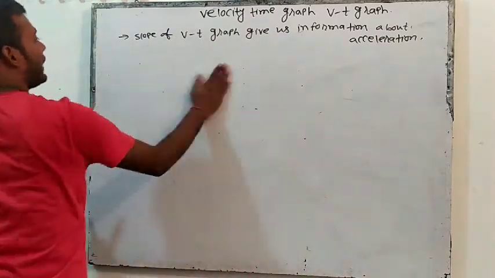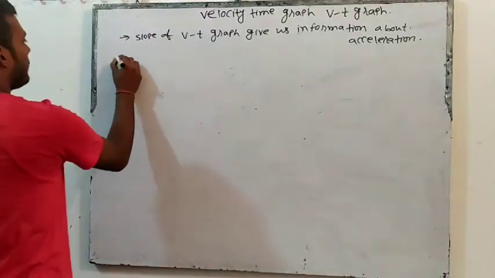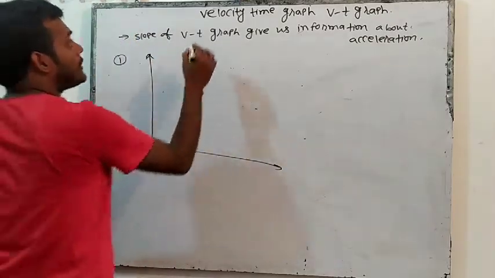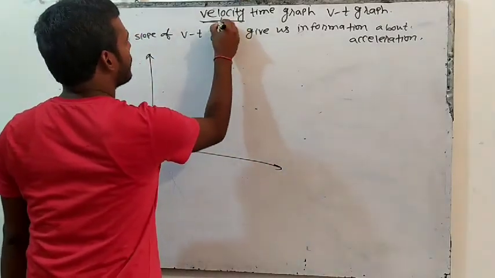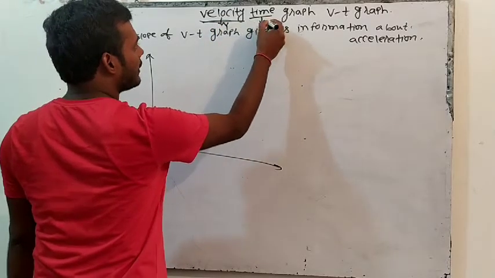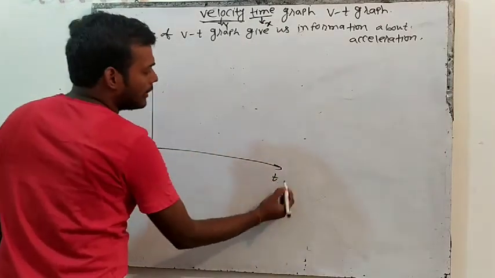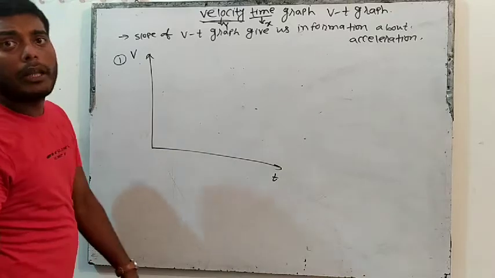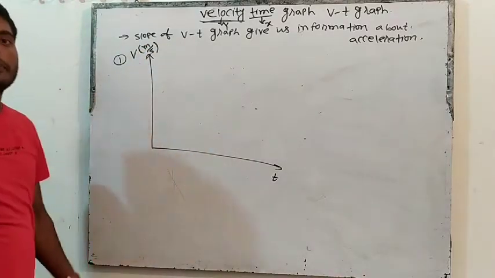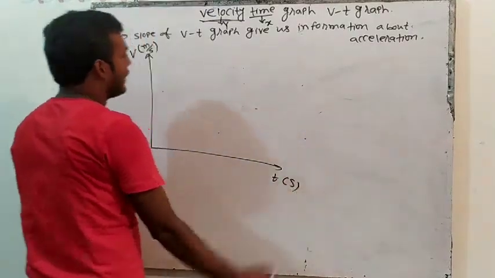Okay. Understand something more then. Now I will start making the graph. So first make the first graph. This is velocity time graph. So velocity is coming first, so velocity will be on y-axis and time is coming second, so time will be on x-axis. Here we will write velocity. Here we will write time. What is the SI unit of velocity? Meter per second, because velocity is displacement by time. So meter by second. And time SI unit is second.